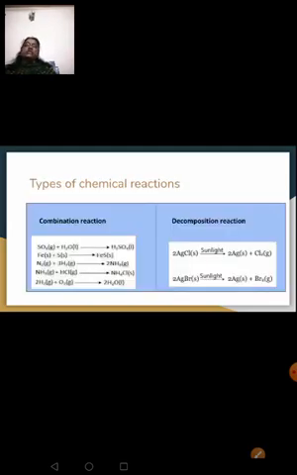Already taught, it's only a small revision for you. First type of reaction that we have learnt is combination reaction. In that, 2 or more reactants combine together to give you a single product. I have given you examples: formation of sulfuric acid, iron sulfide, ammonium chloride, water. These are all examples for your combination reaction. Here you can see 2 or more reactants combine together to give you a single product.